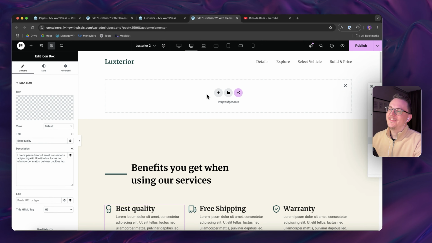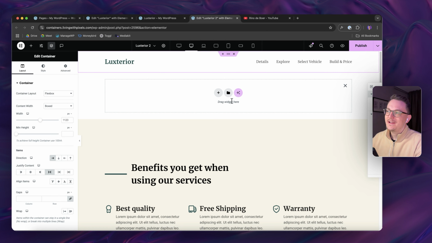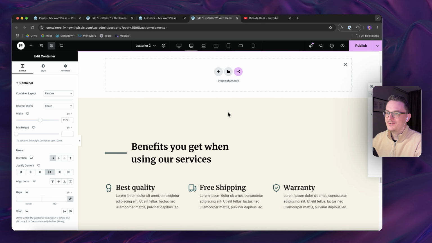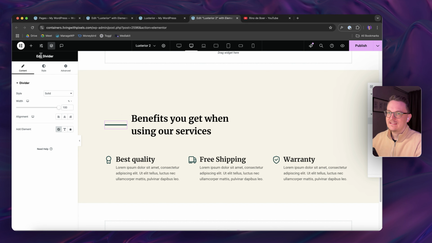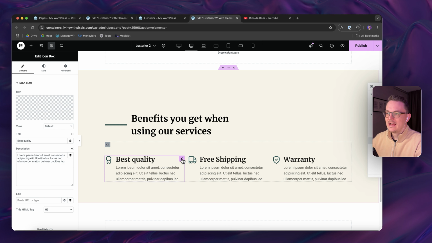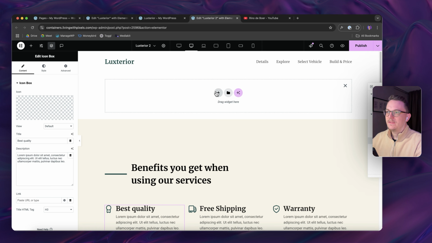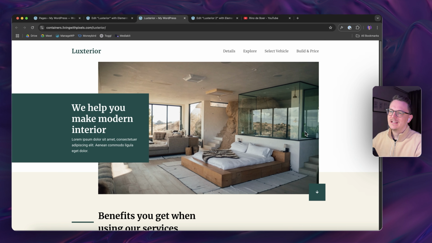We're gonna start on this page. I already did the basics. I made a little header with a logo and a menu, and I also created the bottom container, which just contains a divider, which is just this little line, a heading, and then 3 icon boxes with a little bit of spacing. So now we're gonna start with the middle section, but let's analyze it first a little bit,